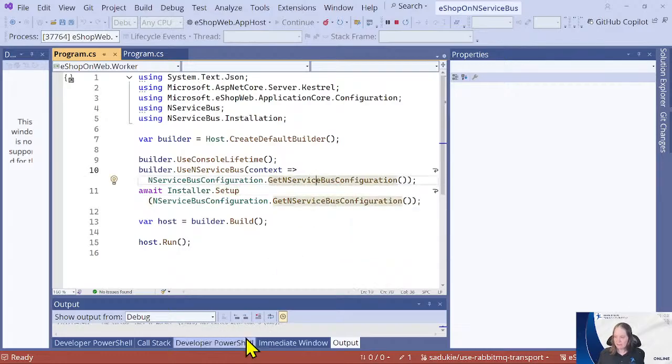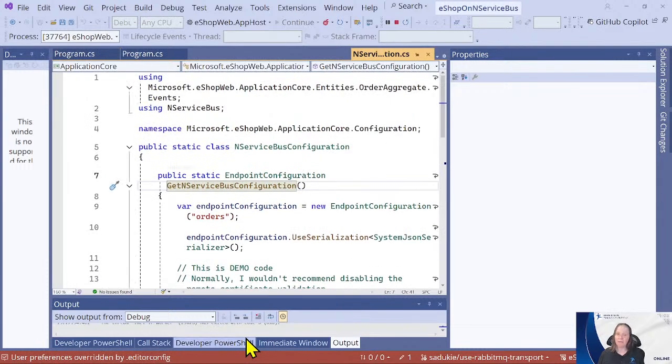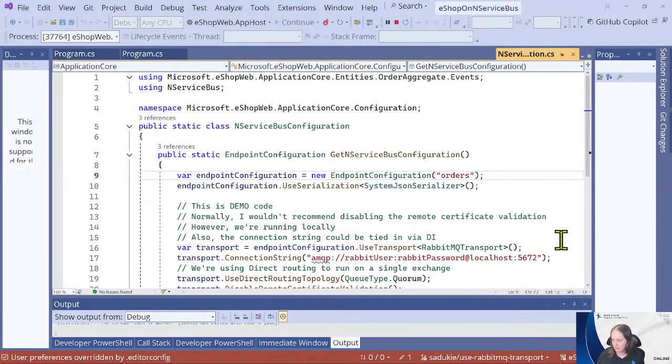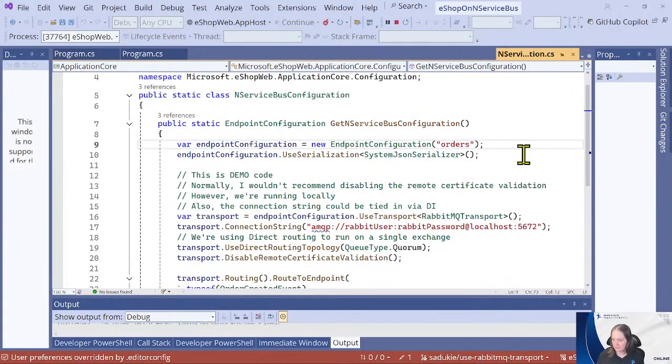Now, what exactly is going on though in NServiceBus configuration? Because you know at this point, we're not using the LearningTransport. That was just for the first demo. The rest of these demos are using the RabbitMQ transport. So you'll see that we're still using orders. And we're still going to use the same serializer.